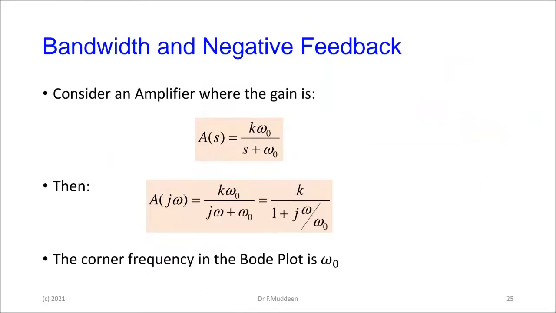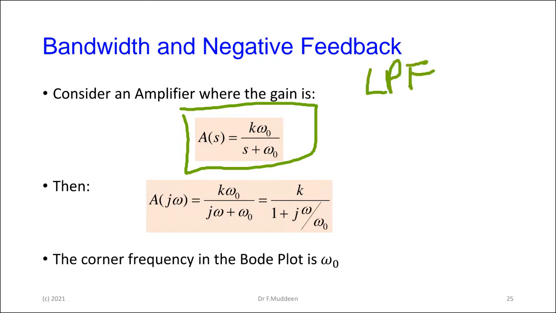And then the other thing that it does now is that it changes the bandwidth of the amplifier. And let's see how. This will serve almost like a little Bode plot revision. So if you have an amplifier where the gain is this, a simple single pole amplifier, and if you recognize this, this is in fact a low pass filter, a first order low pass filter, but we can verify it because if you know A(s) is Kω0 over s plus ω0,